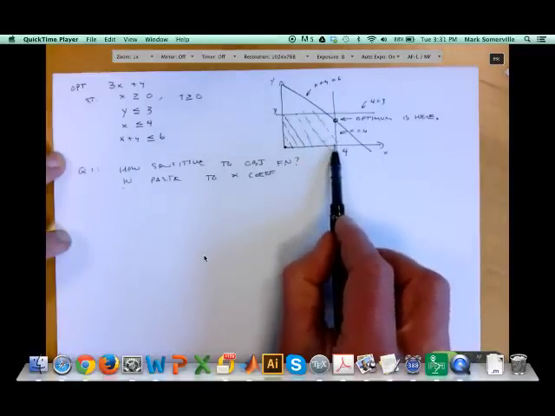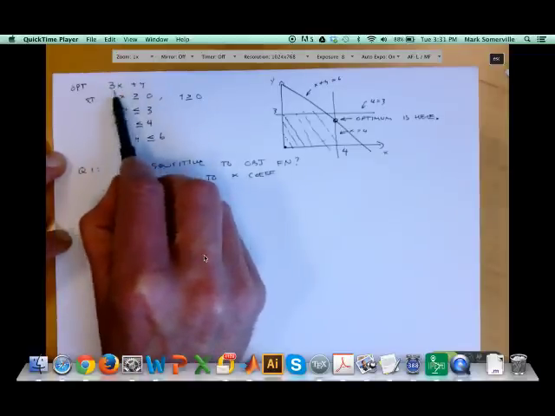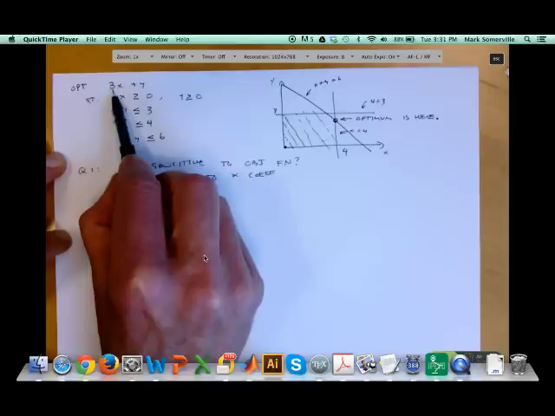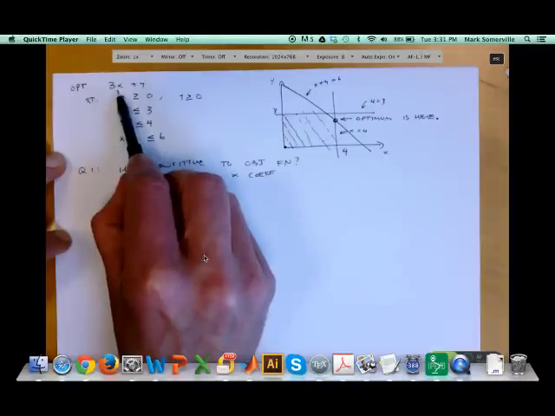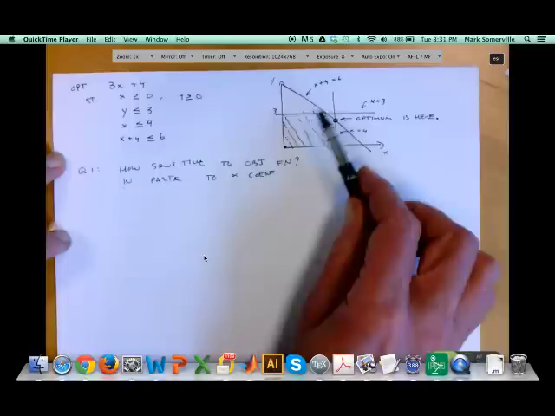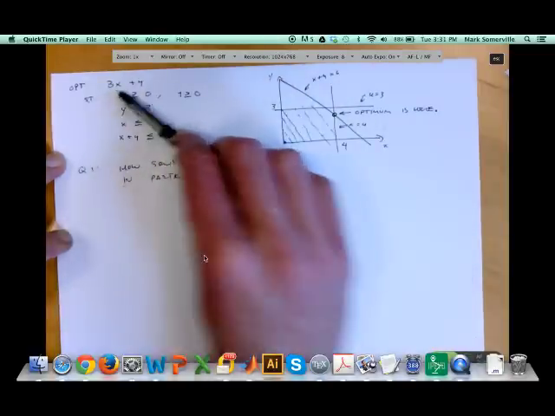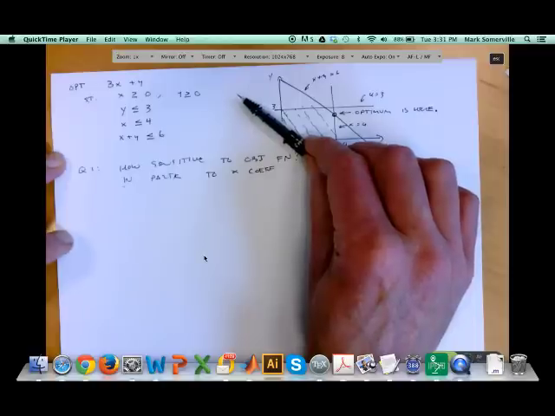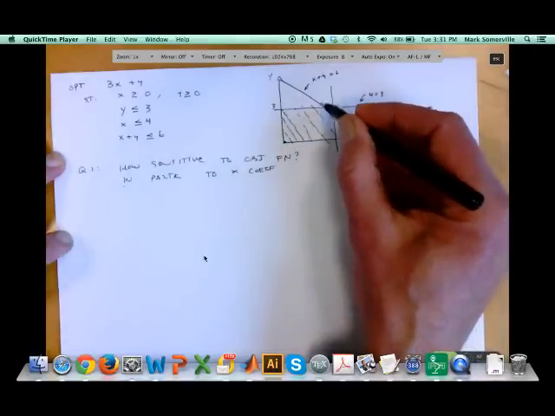That entire line will be an optimum. But for any sort of objective function where this value is greater than 3, I'm going to intersect here. And also it's going to intersect here so long as this value is greater than 1, right? If I think about an objective function of x plus y, that's going to have a slope of -1, and that slope of -1 is going to intersect this line